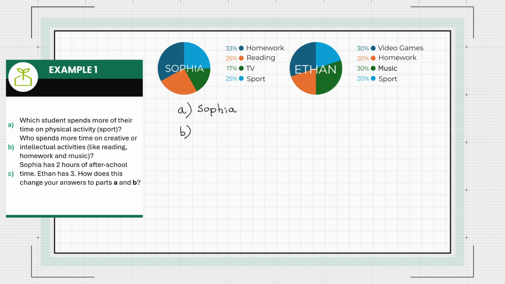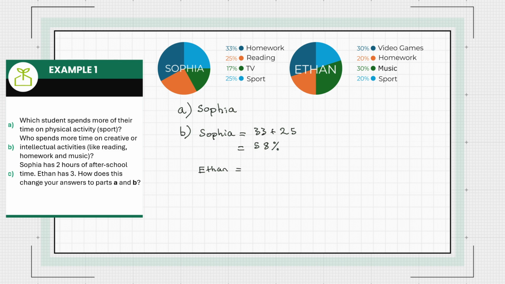Alright, B. Who spends more time on creative or intellectual activities like reading, homework, and music? Okay, so looking back at the graphs, for Sophia, her reading is going to be 25% and her homework is going to be 33%. So Sophia is going to be spending 33 plus 25 of her time on intellectual activities. Okay, so she's spending 58% of her time after school on intellectual activities,